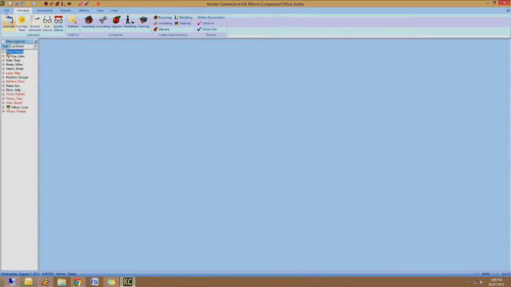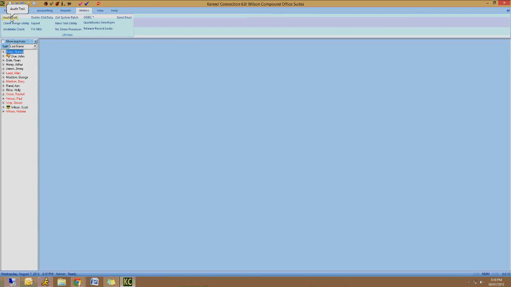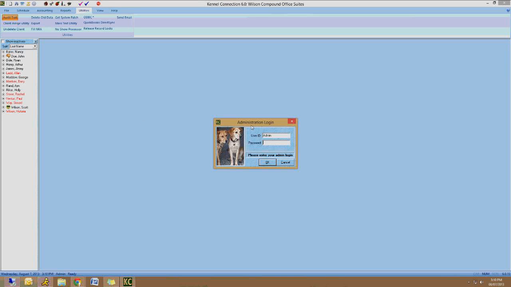The next place we're going to go to is the Utilities tab. Under the Utilities tab, we have a number of options here that are used to keep an eye on or modify items for Kennel Connection. At the top of our list here, we have the Audit Trail. If you have login IDs and passwords set up for your employees and everybody is logging into the system when they use it, the Audit Trail